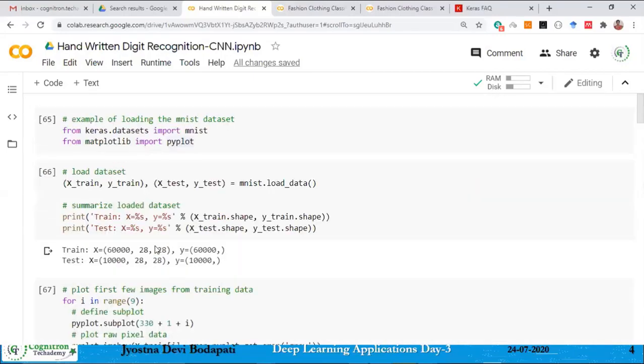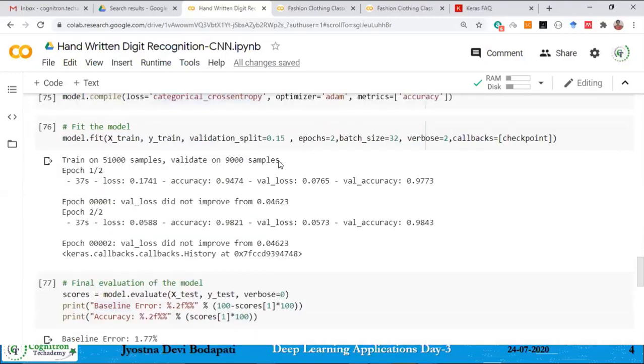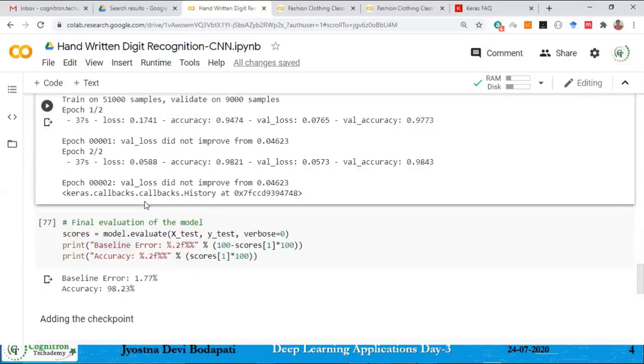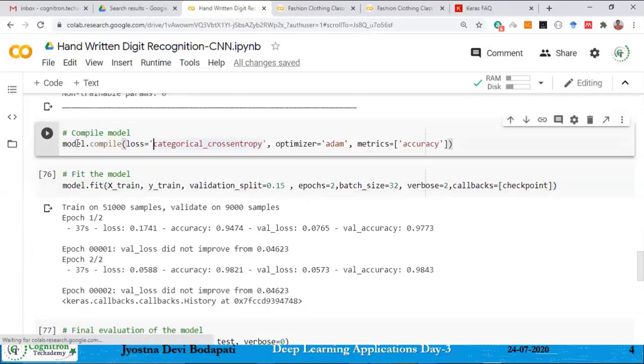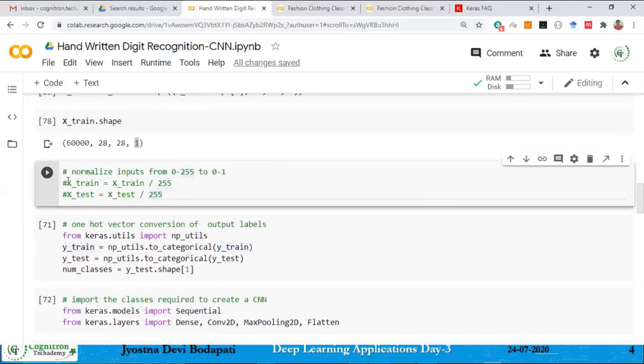So let me continue with the remaining criticalities. We discussed till here, right? One more question was why we are using the normalization. Here I'm applying the normalization on the data. Your input data can be of any dimensions.